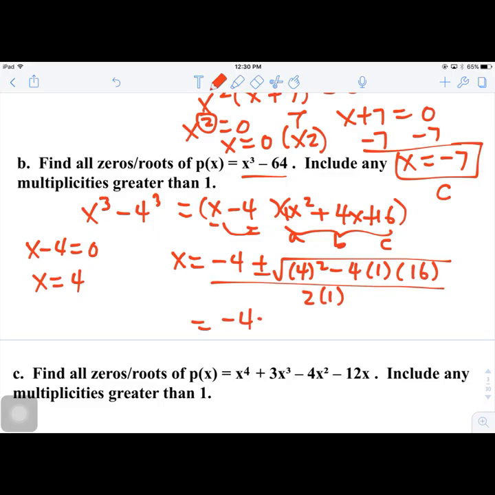Simplifying, we have square root of 16 minus 64 over 2, and we will have -4 plus or minus square root of -48 over 2, and we can rewrite that as